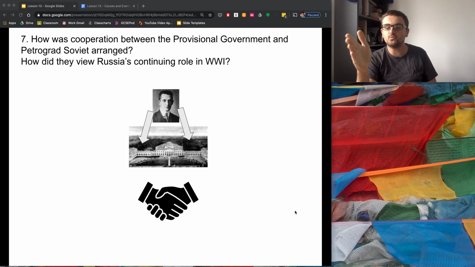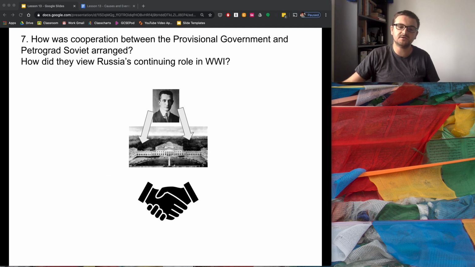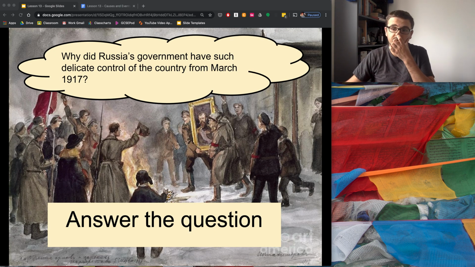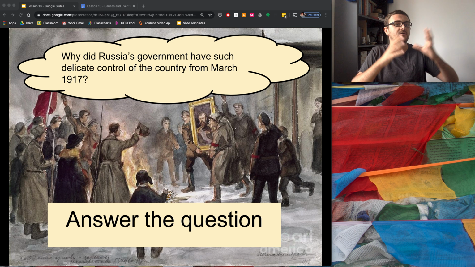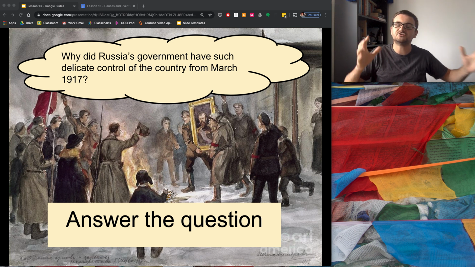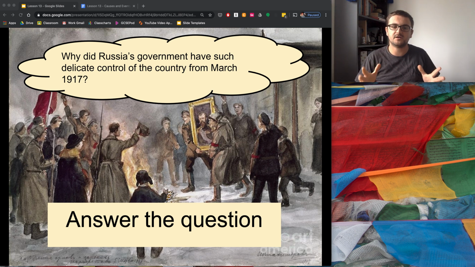Now, I do want you to summarise this lesson by taking one final look at the inquiry question we started with. I'd like a developed answer to this, maybe a paragraph or two, that's going to help you put all of that information we've been through over the last hour and a half into one thoughtful answer, looking at what was happening before 1917, the events of the February Revolution, and then the position of what's left over. Now, that's been an awful lot of information for us to cover in one session.